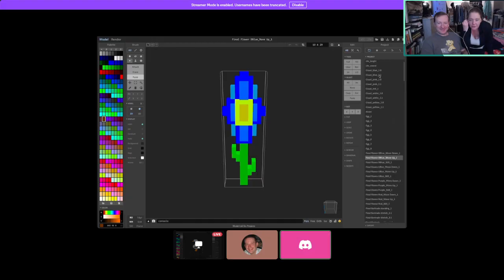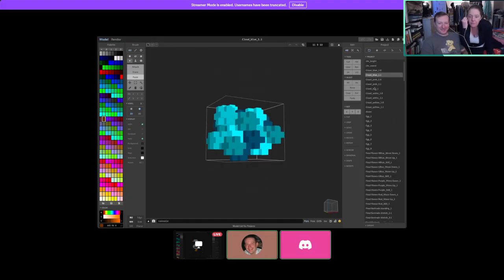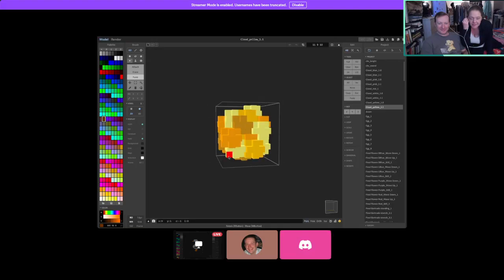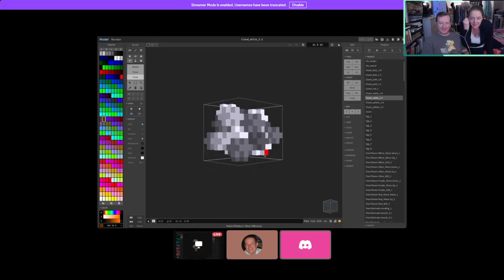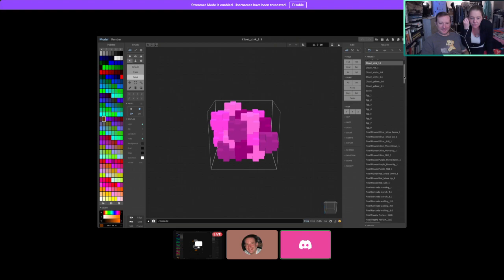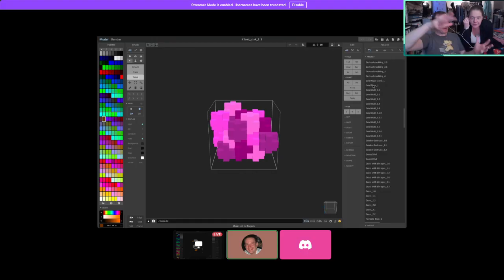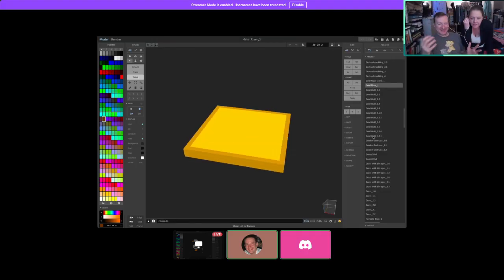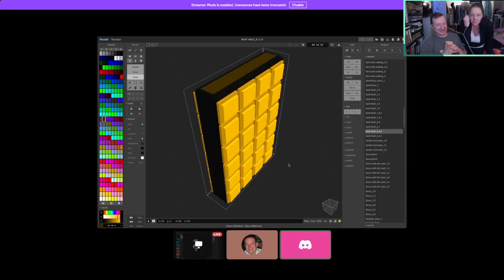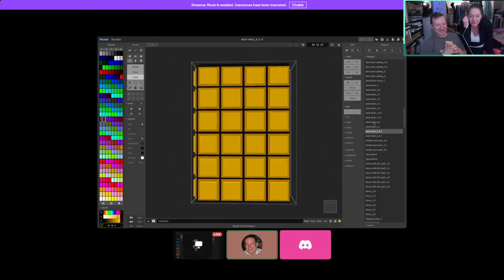And then we got some clouds. I made some little clouds. Love it. Oregon's got the skies, like the pink and blues. Yes. Pulling those colors in, but also white. I'm gonna add more white to it. Oh my goodness, I think make it even more white. But yeah, I made some little clouds. That's cool. You can just place the clouds up in the sky. Absolutely. Because it's a 3D world, you can just put them anywhere you want in the world. Yeah. And a golden wall for the trophy room to put behind the trophies. Oh my god. That's so good.